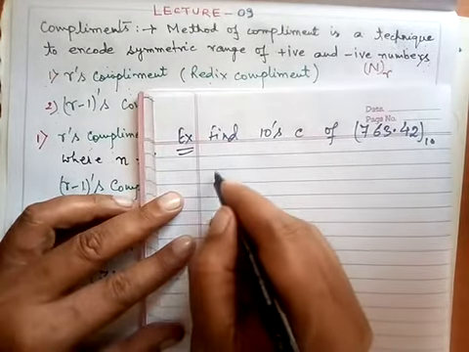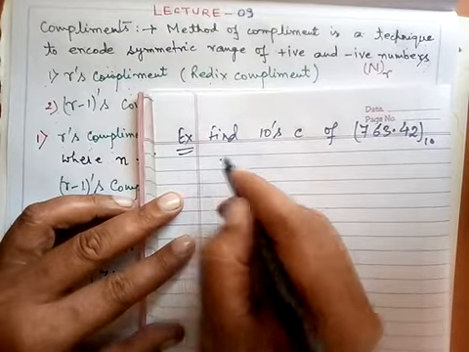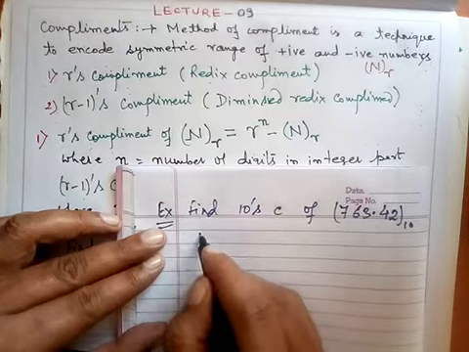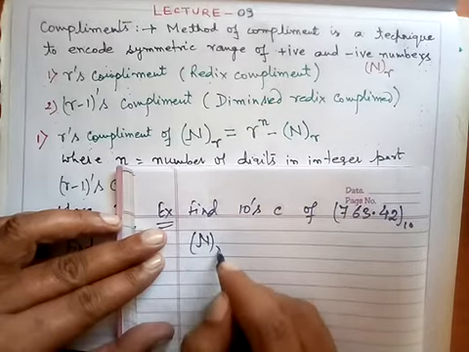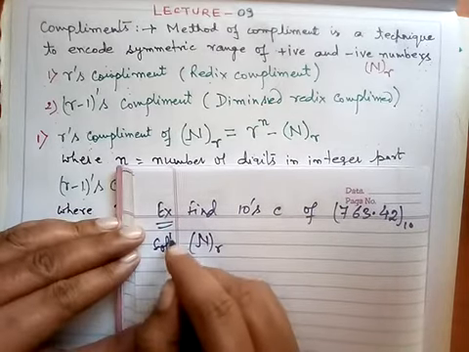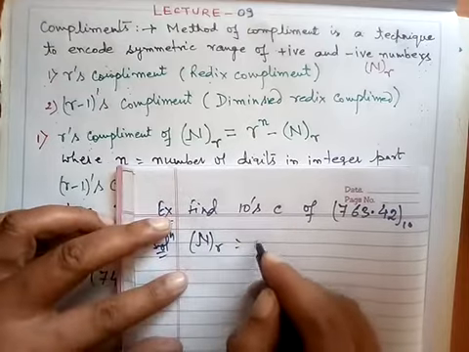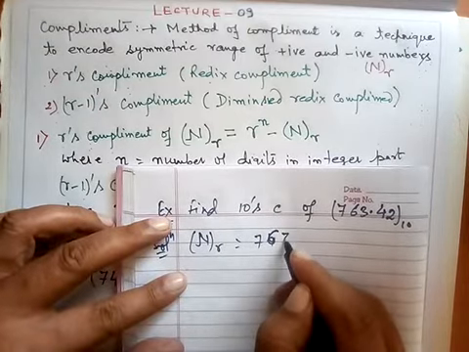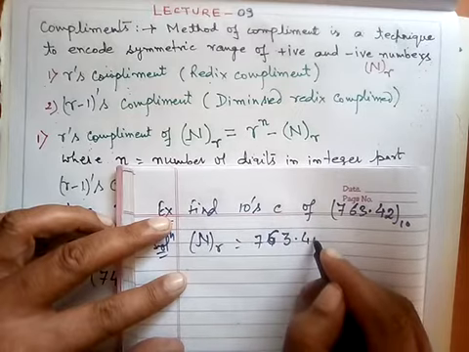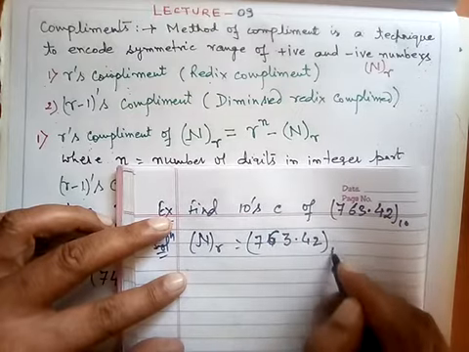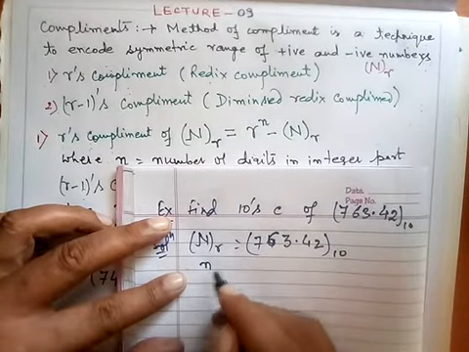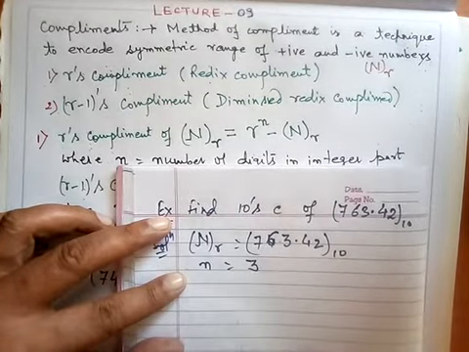So I know that you have this number. Look at the number. But as per this formula, you have this n base r. Look at the solution. The number is 763.42 in base 10. Now what is the value of n? We don't need m here. So the value of n, how many digits? Again you have 3 digits here.